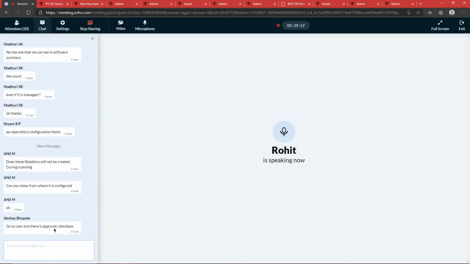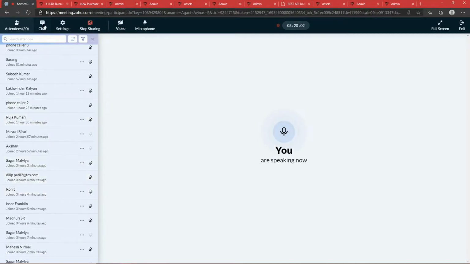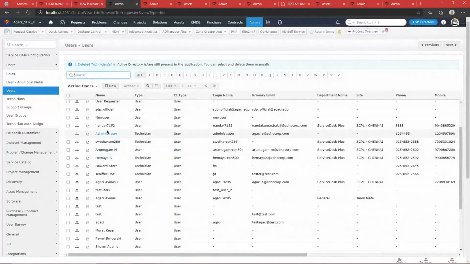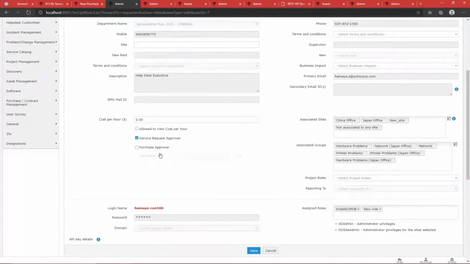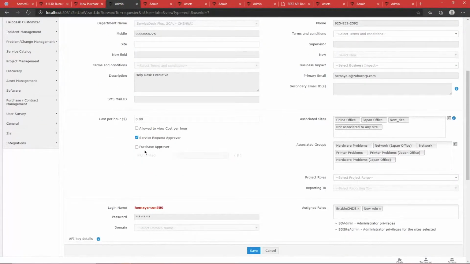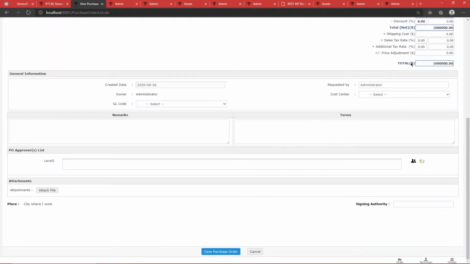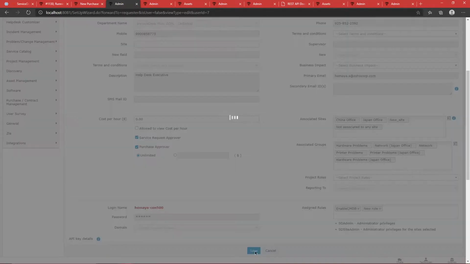There is an option to put a cost over there. Yes, thank you, Rohit, and thank you, Akshay. Both of them are correct. So basically, under users, let's say Maya, if I edit it, I do have an option to choose the service request approver and the purchase approver. Either you can have it as unlimited, or else you can provide a limit to that. So if the purchase cost here exceeds this value, that particular user will not be shown over there. So I'm just going to keep it as unlimited,